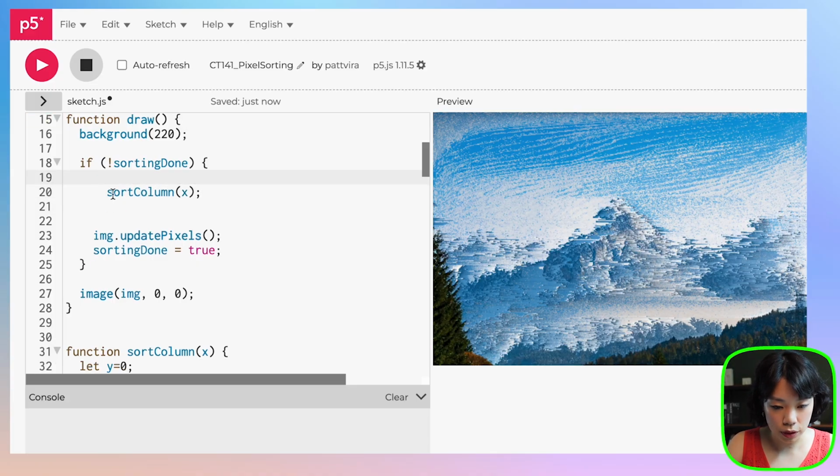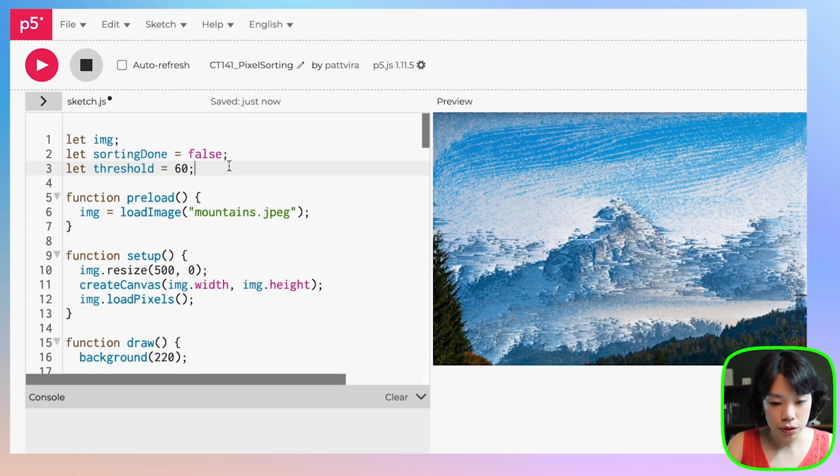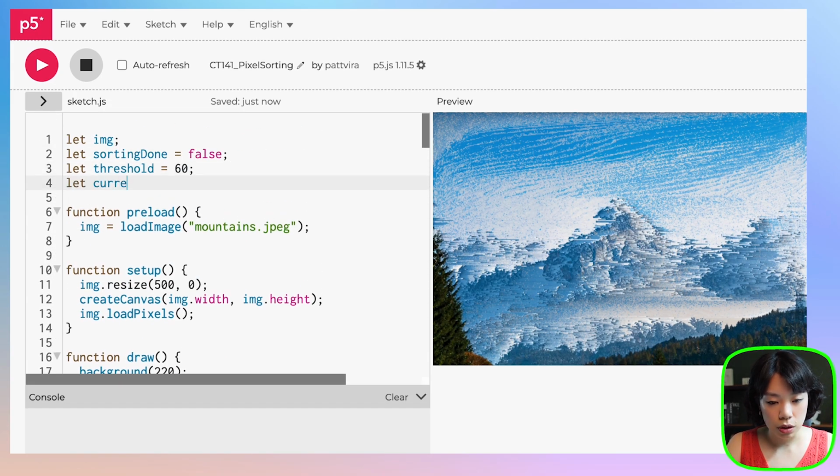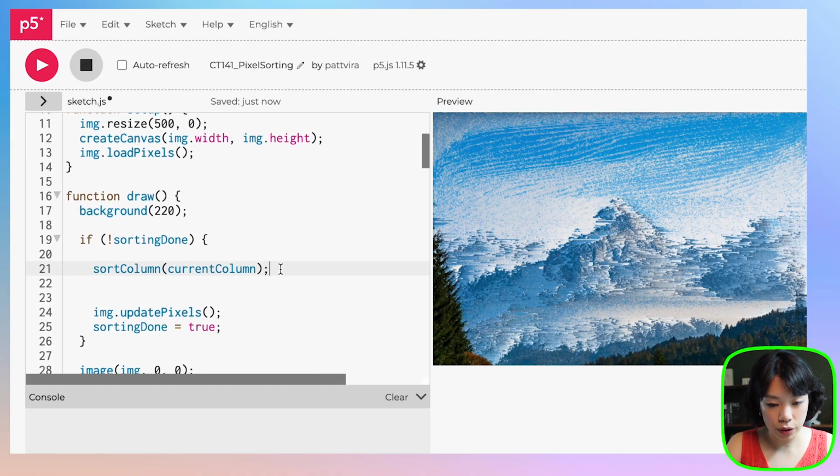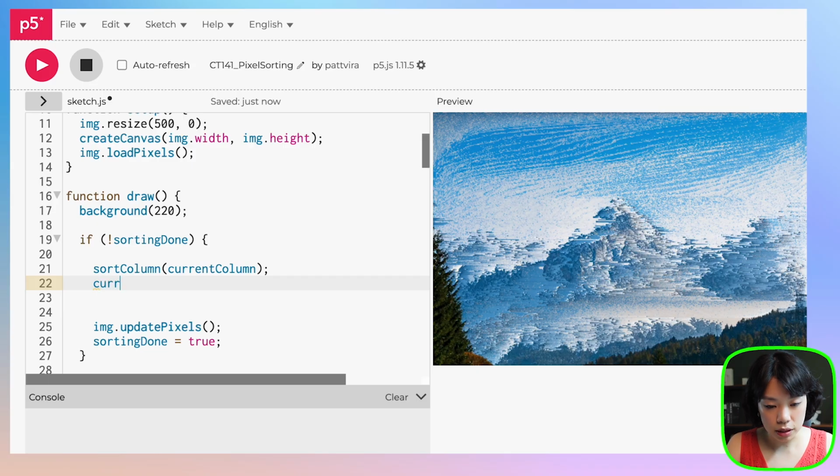So instead of doing this, we're going to set current column as a variable. So let's do current column starting at 0. Then we're going to increment it by 1